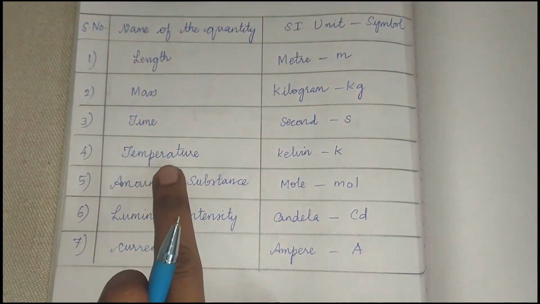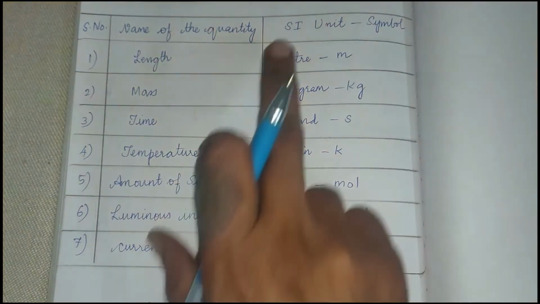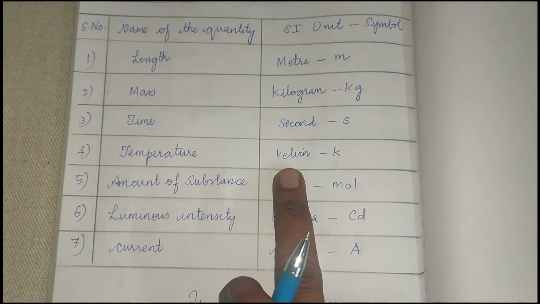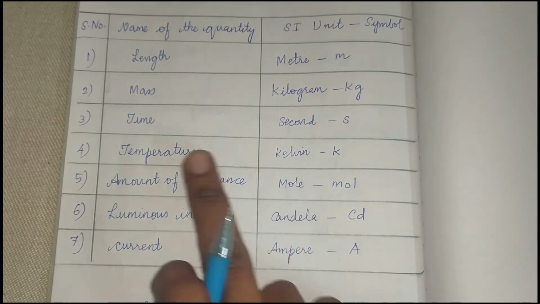Then when you get a fever, you have to notice your body temperature. In general, there are many scales. We use Celsius scale, we use Fahrenheit scale, we use Kelvin scale, but the SI unit is actually Kelvin. When you measure your body temperature, we use Fahrenheit. But you have to remember that when you are solving problems, you have to use temperature in